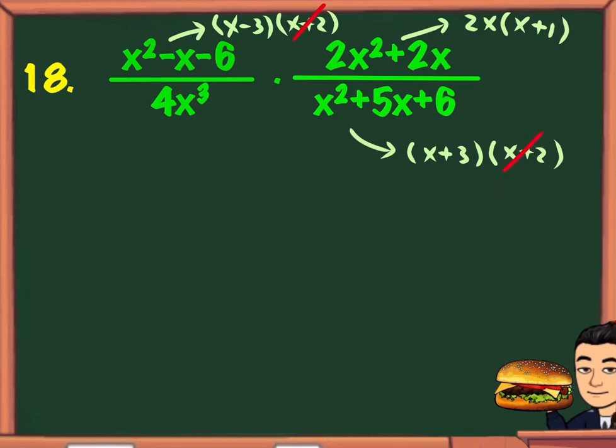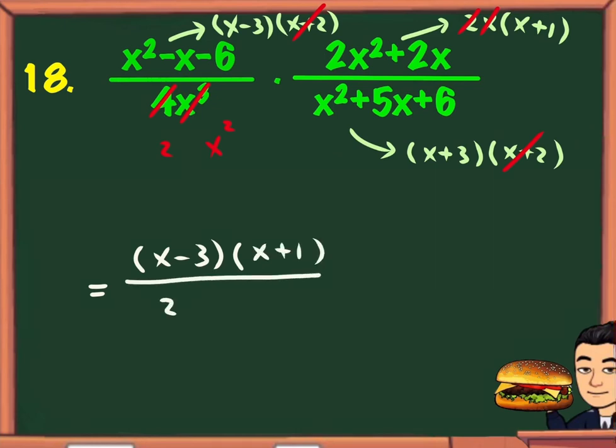So we have x that cancels out with the x cubed, so it becomes x squared over here, and then 2 simplified with 4, so this becomes 2. So if you multiply across, you'll get x minus 3 times x plus 1 over 2x squared times x plus